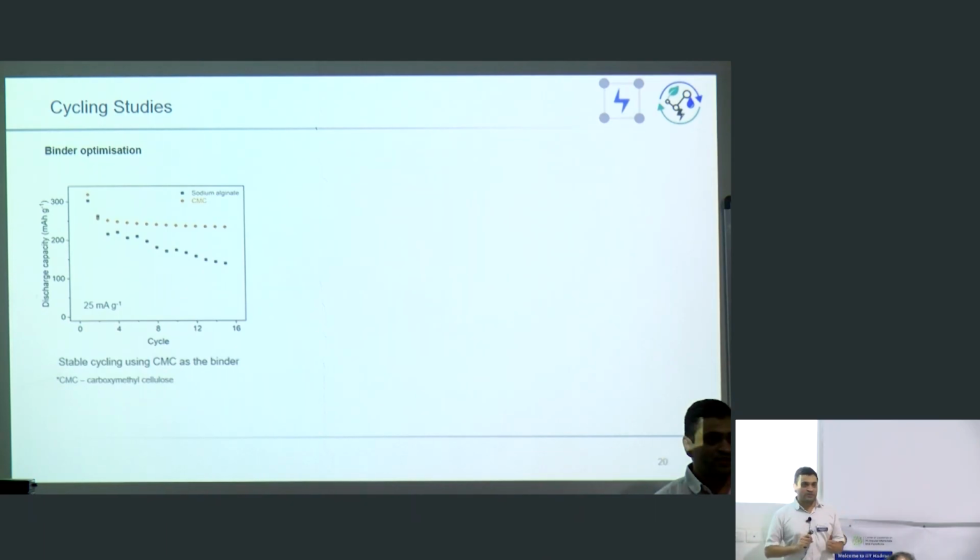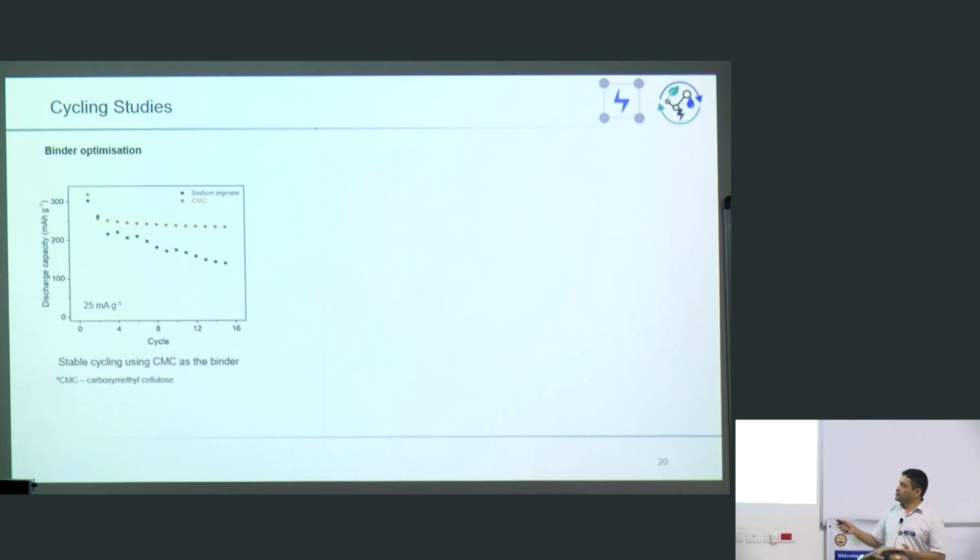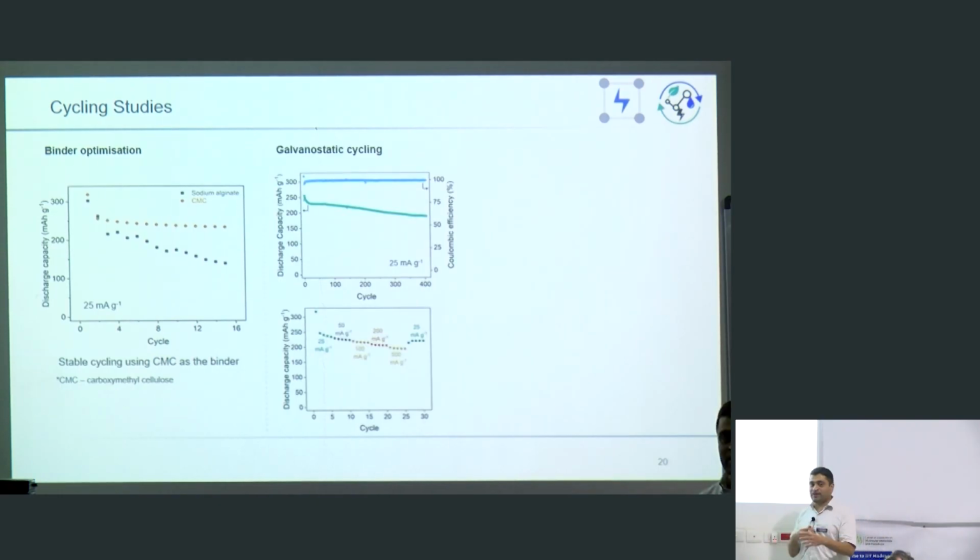But if you're using organic materials, you can start producing these batteries using water soluble binders. And in this example, there are two binders. One of them is a cellulose based CMC binder, and the other one is sodium alginate. Sodium alginate is essentially algae that we see everywhere around us. So it is a very purified version of algae, and you get sodium alginate out of it. In this example, the previous molecule, naphthalene dicarboxylate, was tested against both CMC and sodium alginate, and it was found that CMC works as a better binder. But the more important thing is when you're preparing a material using a new synthesis, you want to benchmark it against its